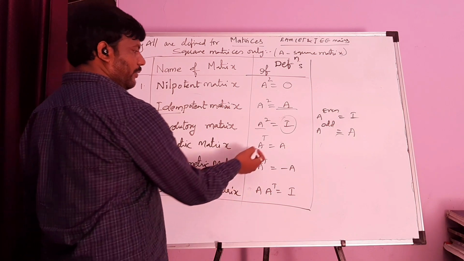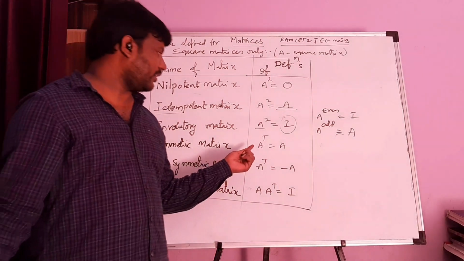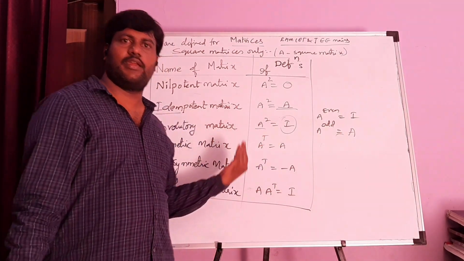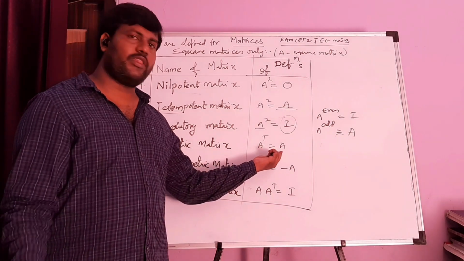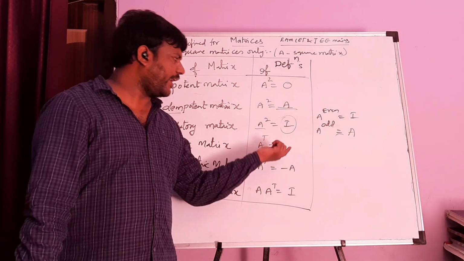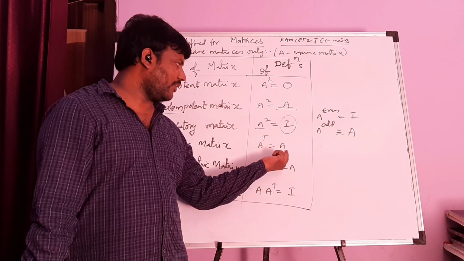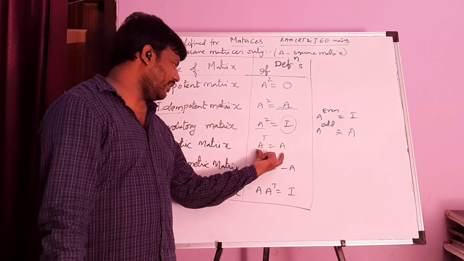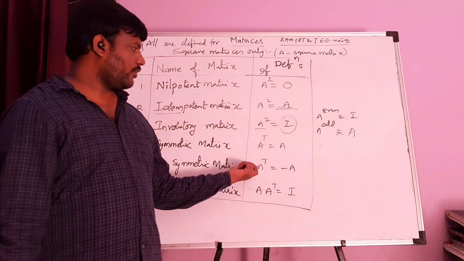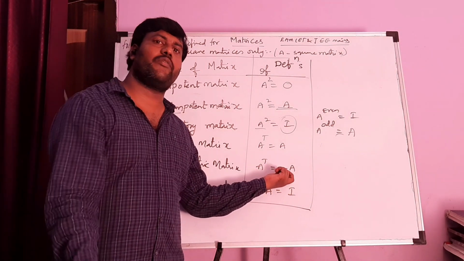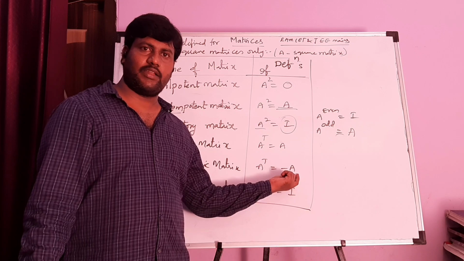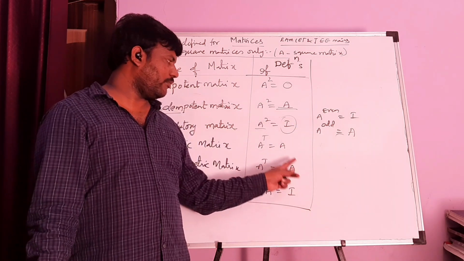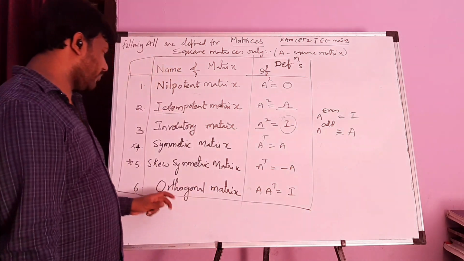Next, symmetric you know very well. When we do transpose, you know that transpose means interchanging the rows into columns, right? Even though you are interchanging rows into columns, you again get the same matrix, itself. Then such a matrix is called symmetric. This is very important, you all know it from board level, right? Skew symmetric: if the transpose gives you the negative of the matrix, not exactly itself but negative of the matrix A, then this is skew symmetric.